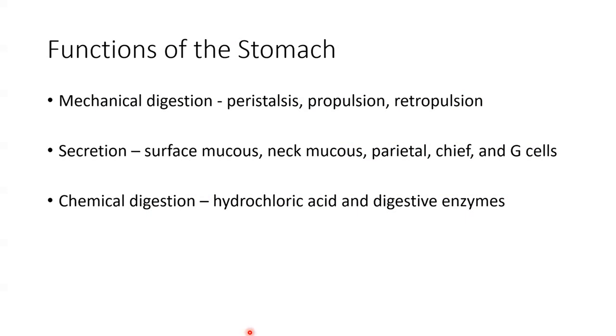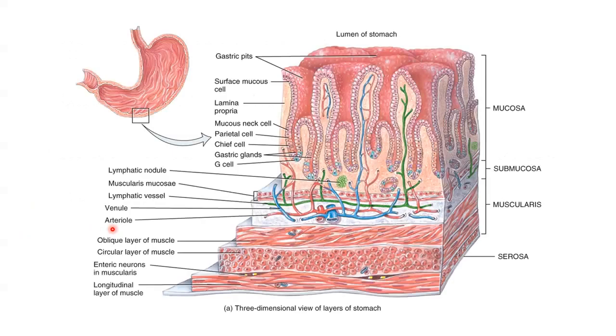But moving on to the stomach, the digestive processes that occur in the stomach are mechanical digestion, secretion, and chemical digestion. And we're going to talk about each of these in a bit more detail. So starting with mechanical digestion,